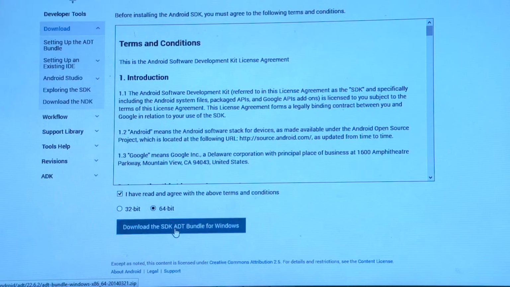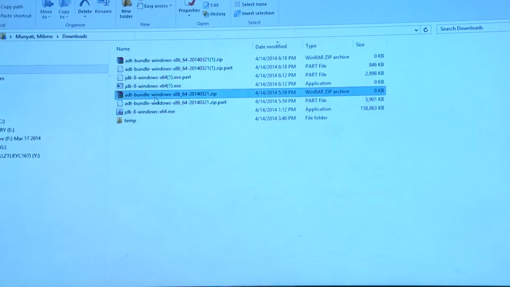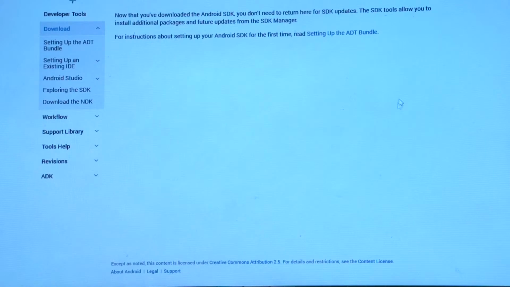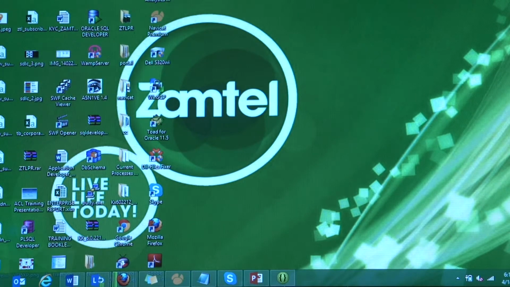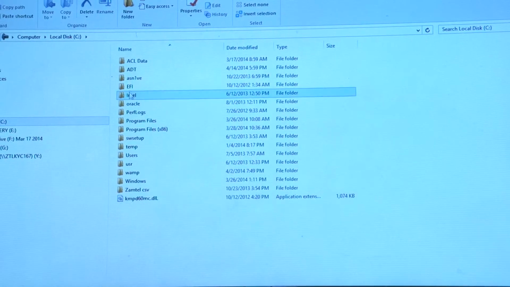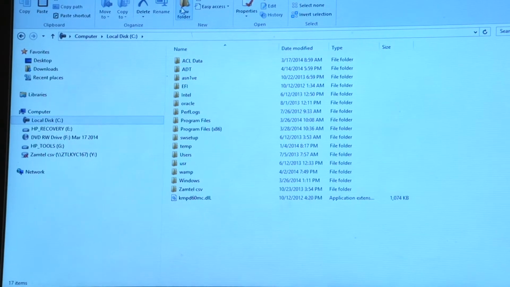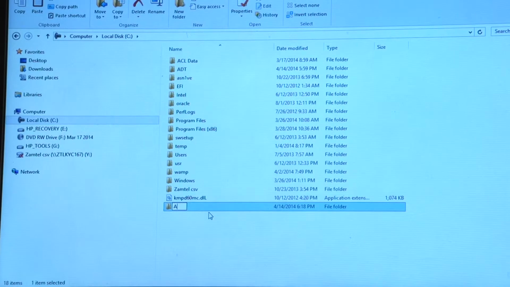So we click on this link here. And once again, if we go to our downloads folder, we see that we have a zip file, ADT bundle Windows x86-64. So this is a zip file. We copy it from here, and we can put it in a location which is very suitable for us. Myself, I had put it in local disk C, and then you create a new folder, and you can even call it Android,